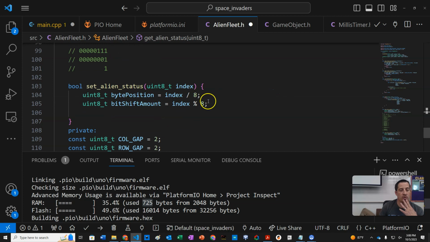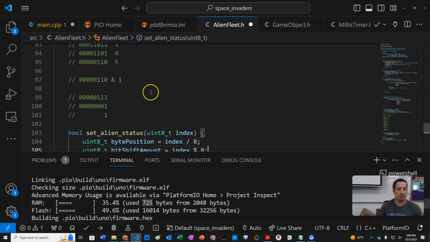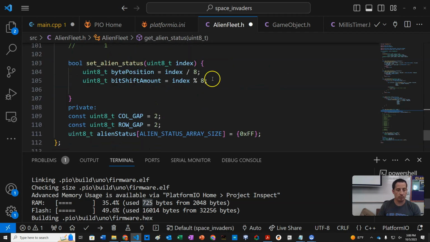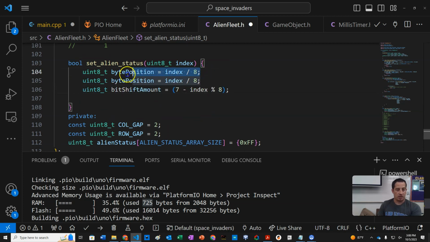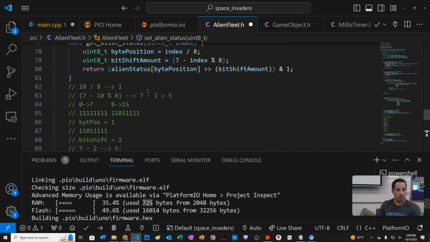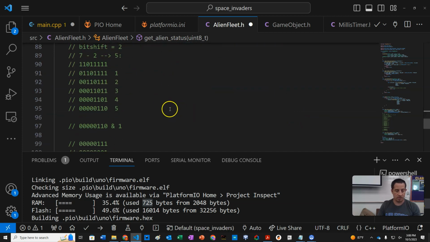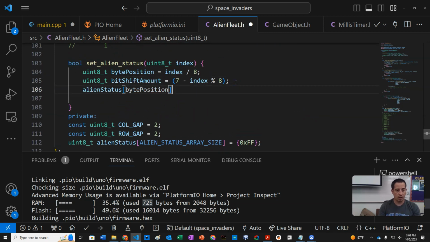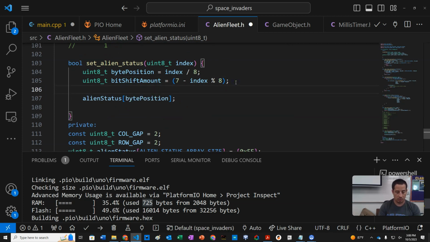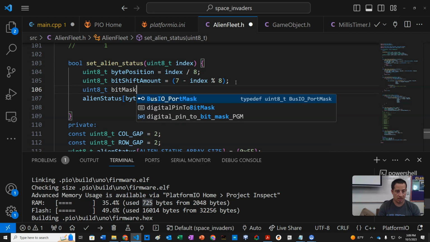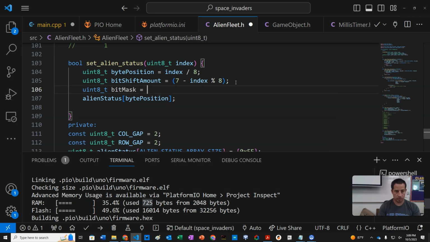And as we mentioned, we have to do the reverse of this, where we actually set the alien status. And so this is similar. We're going to get the shift amount, and we're going to get the byte position, and we're going to actually set those values. And so what we're going to do is set that position of our array. But what happens this time is we have to make a mask. And so we're going to say uint8_t bit mask equals,